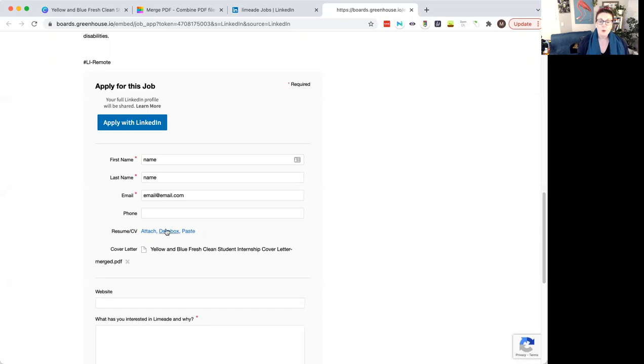The resume will almost always go through an applicant tracking system, and it will parse that information so that the recruiters can pull out keywords, do what they need to do. But the cover letter almost never goes through an ATS. I would love to confirm that with some recruiters, but from what I understand, that is not a typical thing. So that's a good reminder to do spell check, because that does get noticed. You're going to merge those two together, send it together as your one cover letter with 2 pages, and there you go. You can show off your beautiful graphic design skills with your cover letter and have your boring